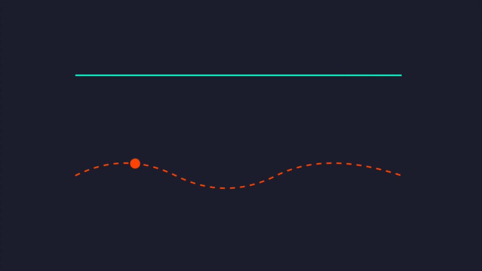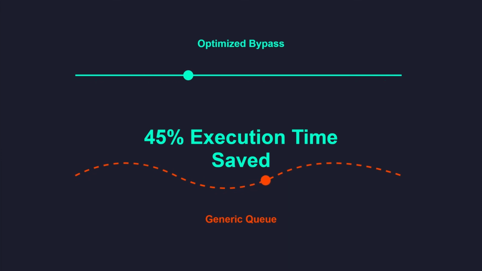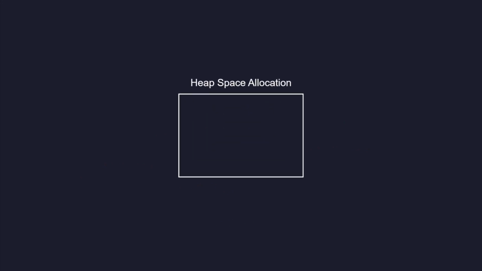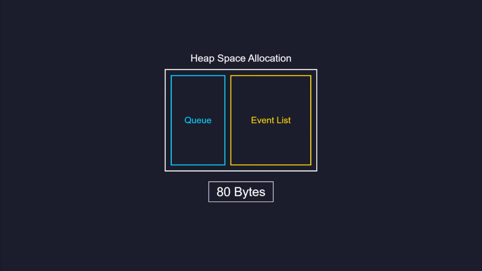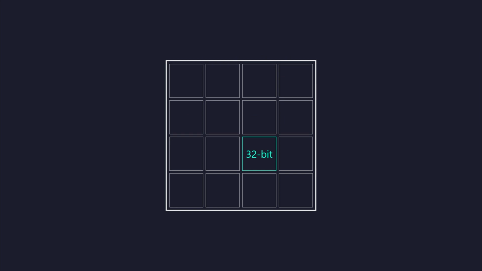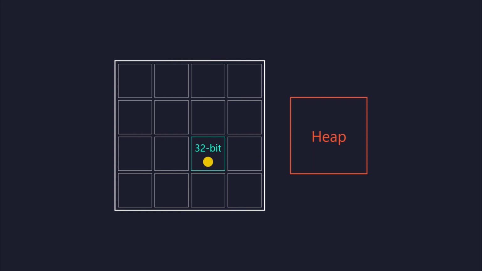Bypassing the generic queue engine for task-to-task signaling saves 45% of execution time during a typical context switch on an ARM Cortex-M architecture. Every binary semaphore created via the application programming interface requires approximately 80 bytes of heap space to store the queue structure and the event list pointers. Task notifications require 0 additional heap allocation because they utilize a single 32-bit integer already present inside the task control